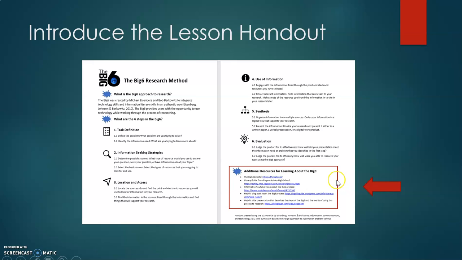The first of these is the Big 6 website itself. This will contain a lot of good information about how the Big 6 was developed and some more information about the steps of the process. And you can learn more about that on their website. The next resource is a library guide from Eugene Ashley High School. While it is designed for high schoolers, it has a lot of good information that is applicable to you all as fifth graders as well about the Big 6 process and how it can be used to help you